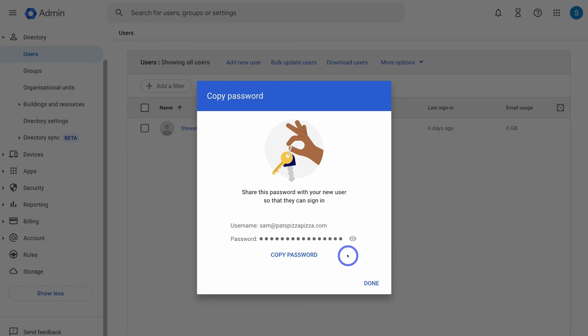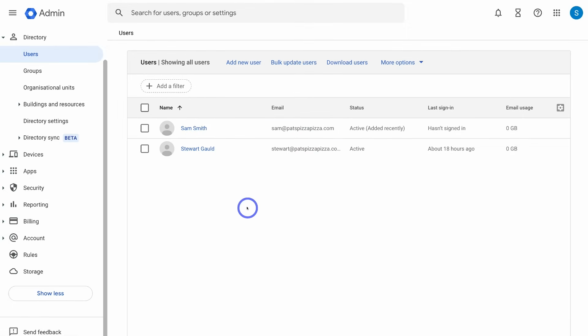I'm going to leave that for now because this is just an example user. I'm going to come down and click on done. And what you can do is go ahead and refresh the page and you'll see your new user up here. So again, if you want to add additional users, simply navigate up to add new user and go ahead and